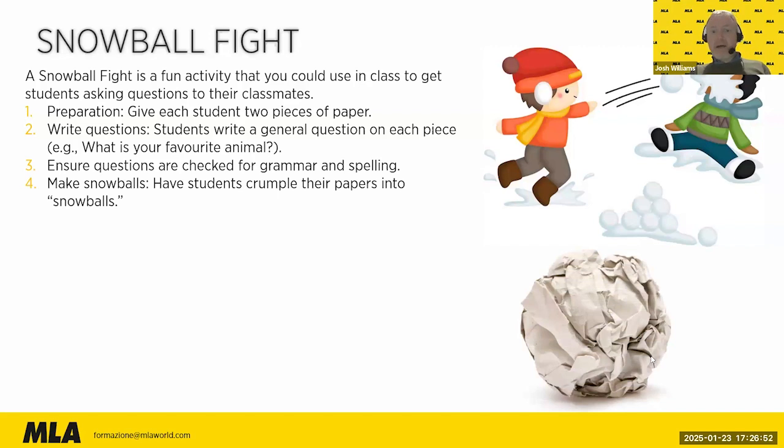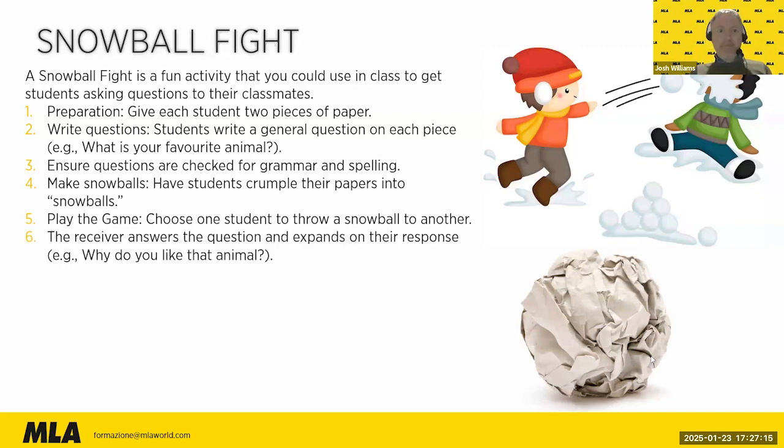Okay. Now the fun part, make snowballs. So the students crumple up the paper into snowballs, as you can see on the screen there. And what they do now, not all together, but choose one student. You can point at one student and say, throw your snowball at another student. Okay, not too hard. They're only paper, so it shouldn't be too bad. Okay. When it goes to that person, now maybe they throw it and that person catches it. Maybe it goes towards another person. Doesn't matter. It can be the person who catches it, even if it wasn't the intended person.